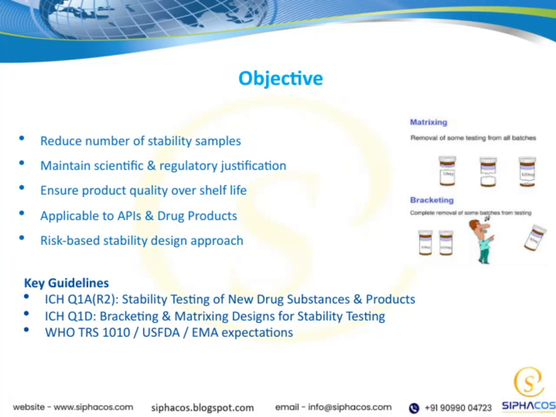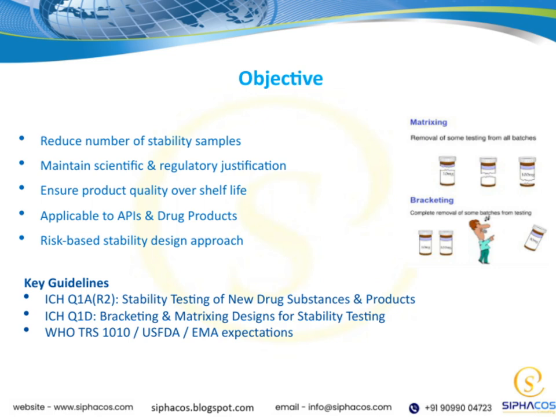Let's take a closer look at some key guidelines that shape our approach to stability testing. First, we have the ICH Q1A R2 guideline, which focuses on the stability testing of new drug substances and products. This sets the foundation for understanding how to properly evaluate product stability over time. Then, there's ICH Q1D, which introduces bracketing and matrixing designs. These are strategies to optimize stability testing by reducing the number of samples we need, without compromising the integrity of